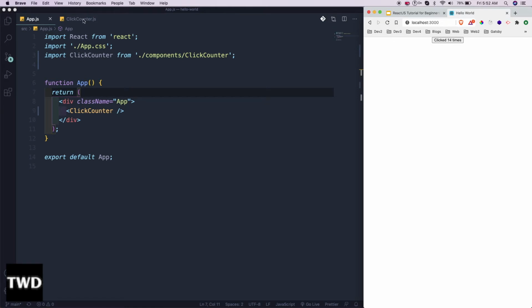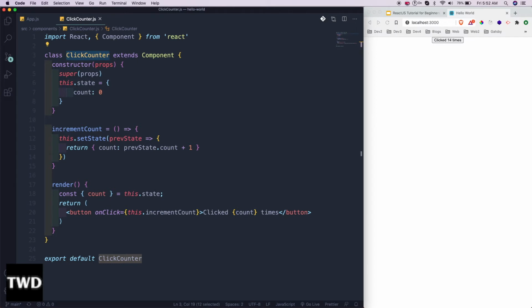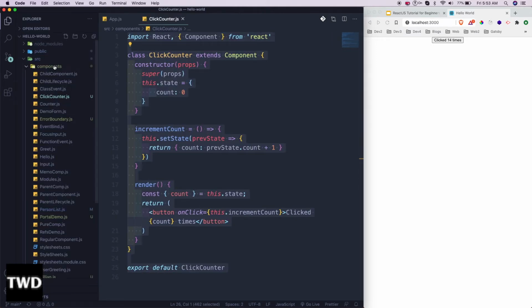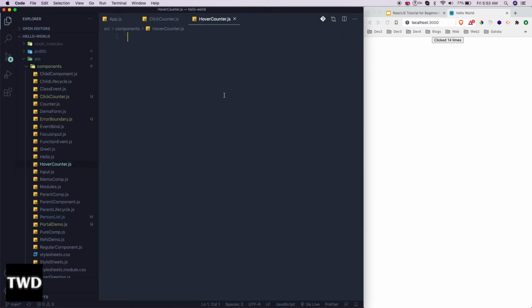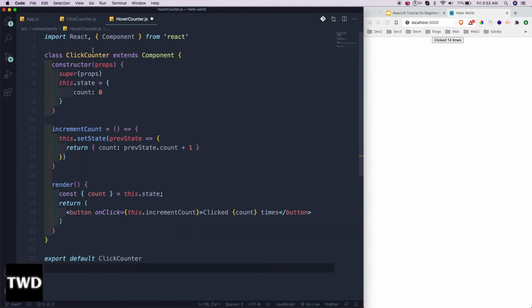Click counter. So now what happens, I need this functionality again, so let's have another same type of component, but I want it on hover. So let me copy this, and I will create another file known as hoverCounter.js. Copy it. The name will be HoverCounter, and it will also be HoverCounter. The same internal state will be there,